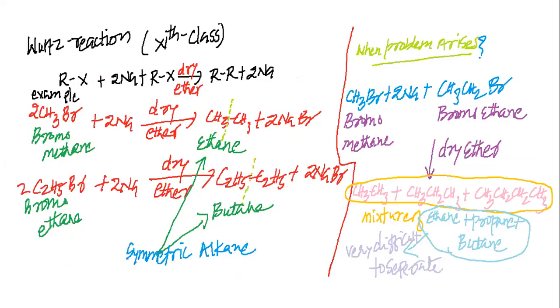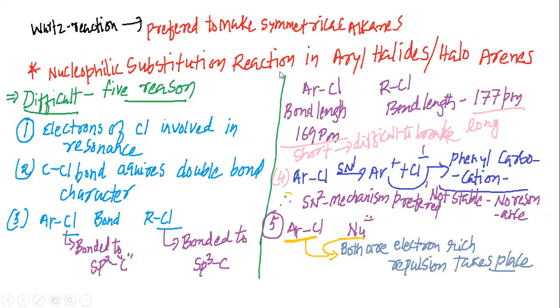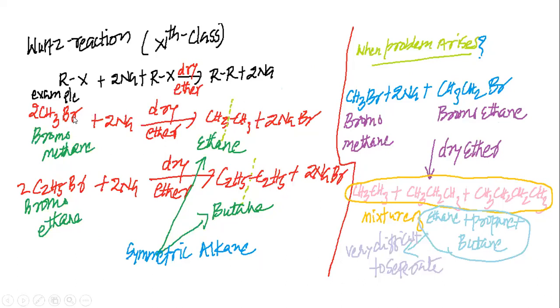Now we have the next slide, which is again the reaction of alkyl halide with metal. This is known as the Wurtz reaction that we have studied in the 11th standard. Let us study it. We have RX that reacts with 2Na, sodium metal, and one more molecule of RX in the presence of dry ether. My dear students, this gives RR and 2NaX. 2NaX is also produced.